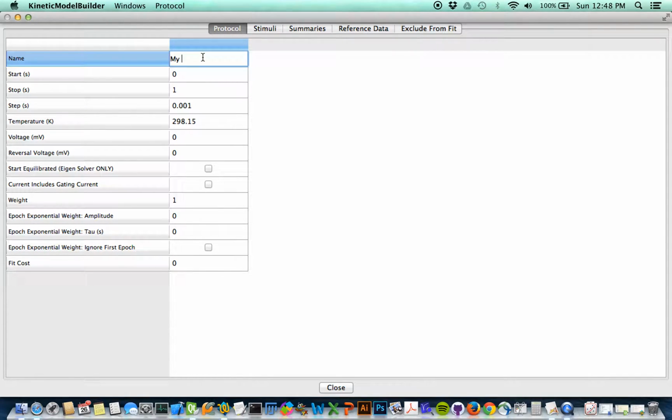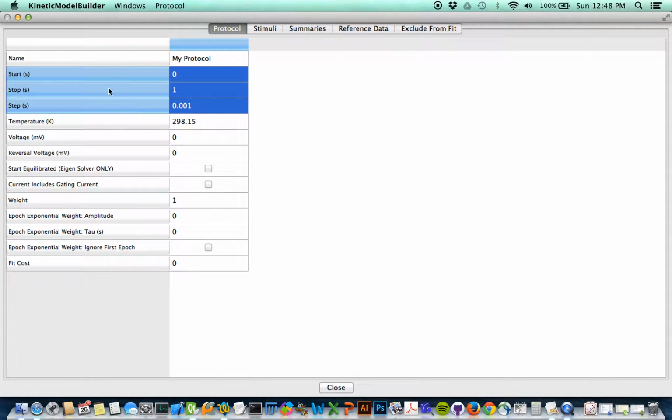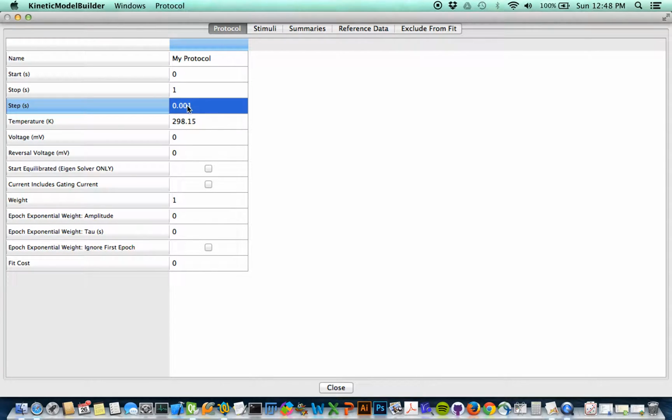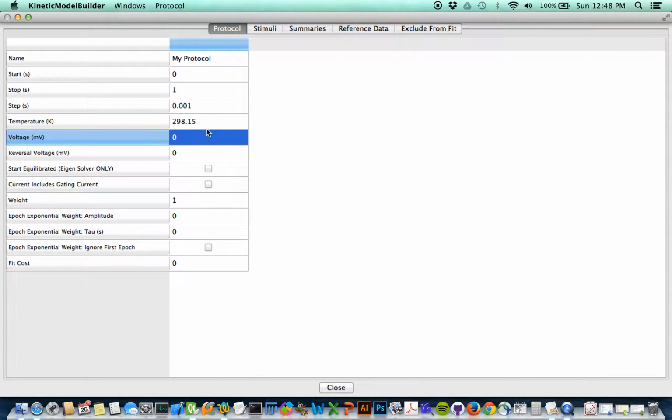We can give it a name, say my protocol. And the next three, start, stop, and step parameters, define the sample time points used during a simulation. So in this case, we would start at time 0, go to time 1, and our uniform time step would be 1 millisecond. We also have a temperature and a voltage, which are basal conditions applied throughout the simulation. Although these parameters can be changed by adding stimulus pulses, as we'll show in a moment, for temperature and